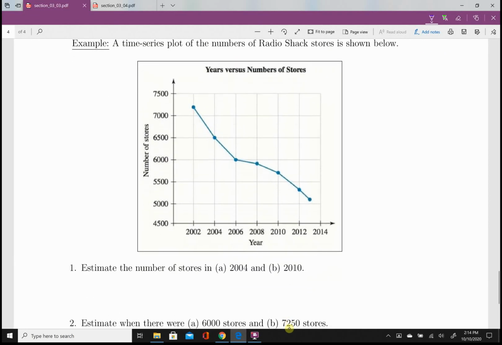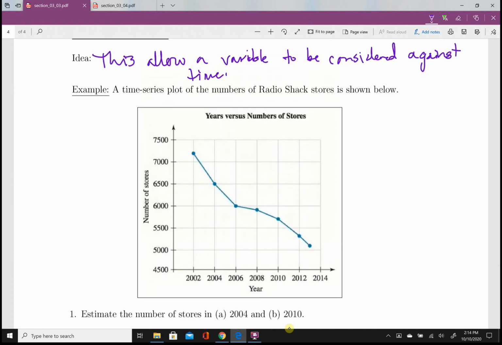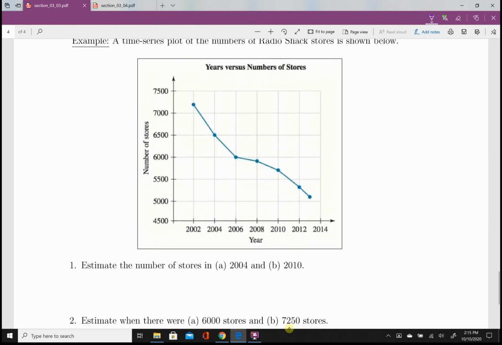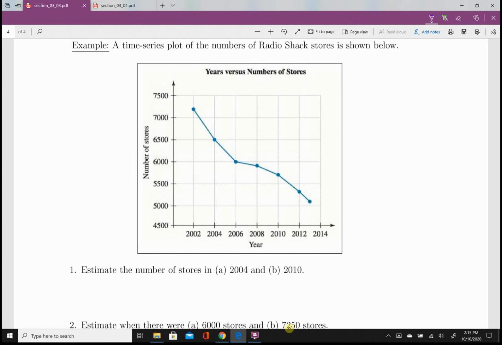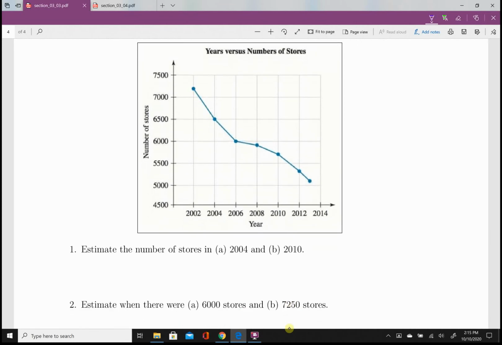And here is such an example: years versus number of stores. So you'll notice that there's no background information. Oh wait, there is. This is a time series plot and the numbers of Radio Shack stores shown below. Yeah, Radio Shack is dying, probably because of Amazon. Anyway, there's just not as many stores anymore because, well, there's Amazon and also